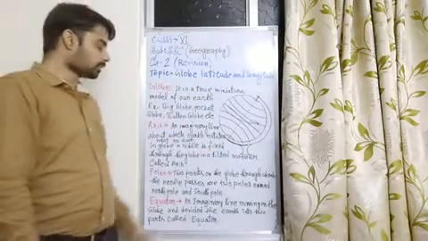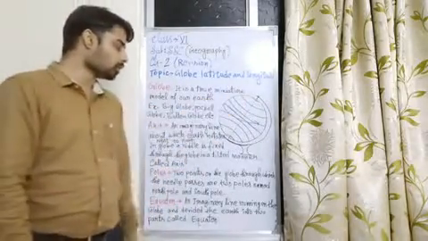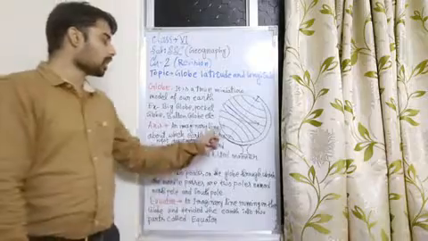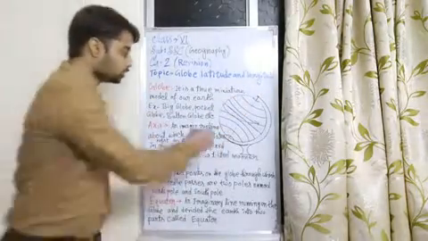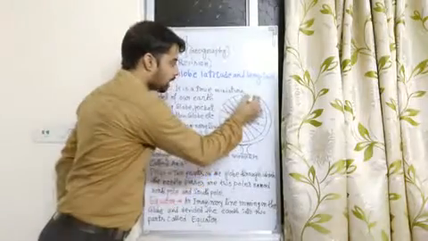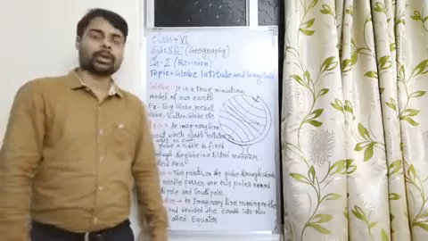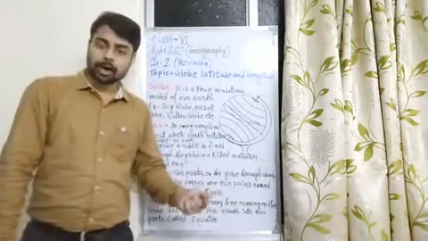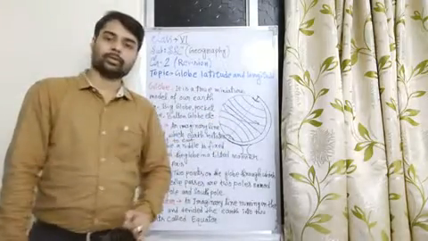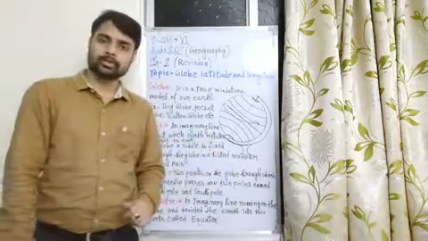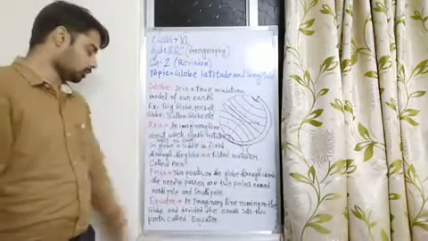Now, the 2 points on the globe through which the needle passes are the two poles, named North Pole and South Pole. So this is the South Pole and this is the North Pole. The two areas through which the needle passes in a globe are called poles. In the real earth also, the northernmost and southernmost areas of the earth are called the two poles. They are the North Pole and South Pole.